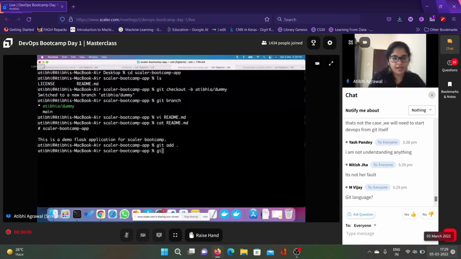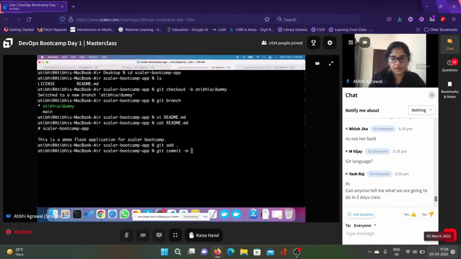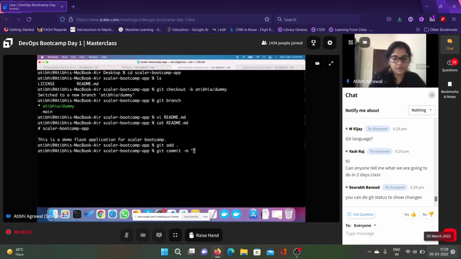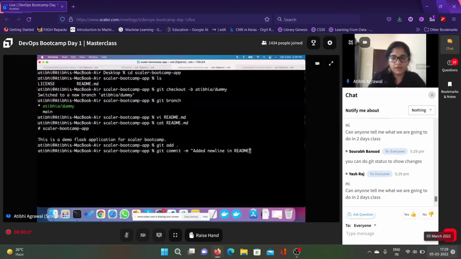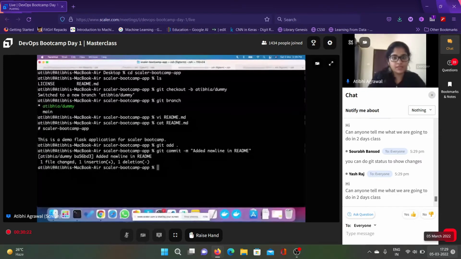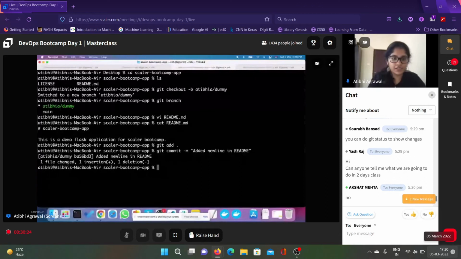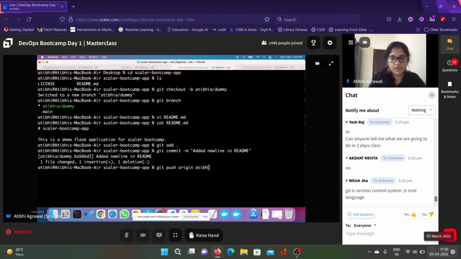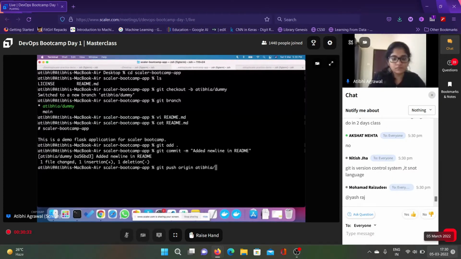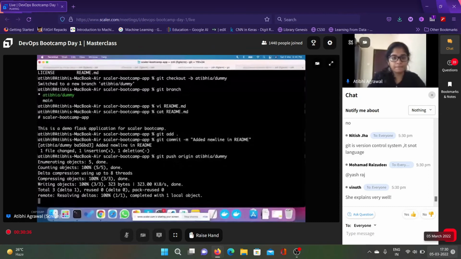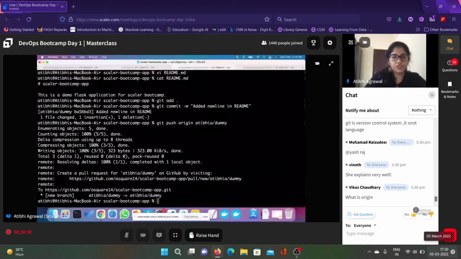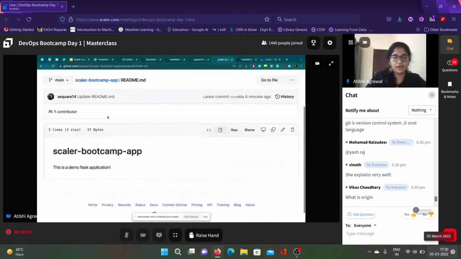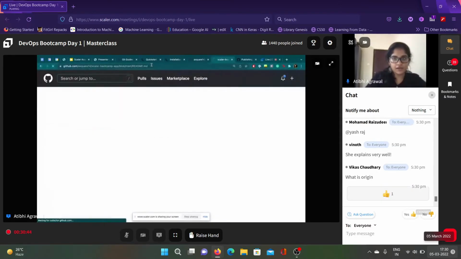So after I have added, I'm going to make a commit, and the commit message is "added new line in readme". So this commit is going to have the change, and you can see that it says one file change, one insertion, one deletion. And then I'm going to do git push origin and my branch name. So when I do git push origin Atibhi dummy, let's go to my scalar bootcamp repo and check the